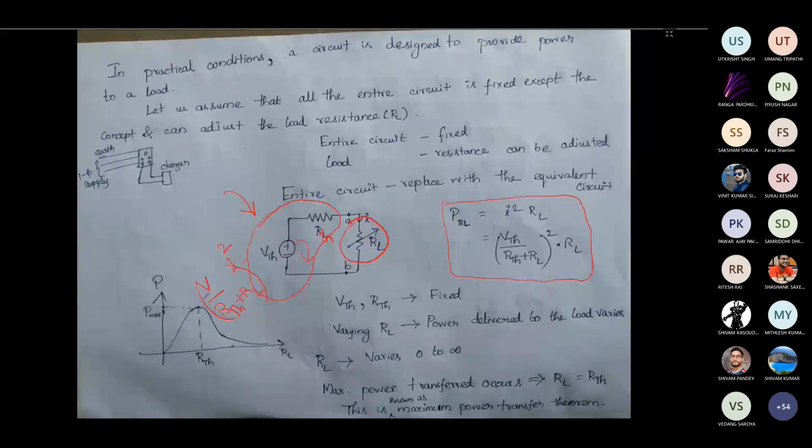So in order to obtain the maximum power transfer, if you plot the power with respect to the load resistance, then the maximum power dissipated at the load. I'm talking about the maximum power dissipated at the load, not the power dissipated on this. If you want the power dissipated on the load to be maximum, then RL should be equal to the Thevenin resistance. Okay, so this is the plot which I had discussed before.